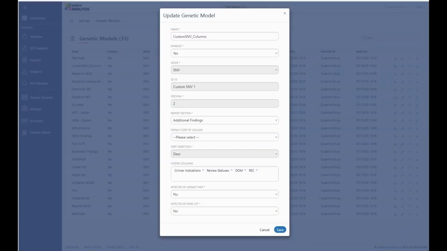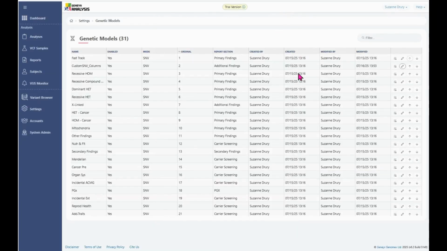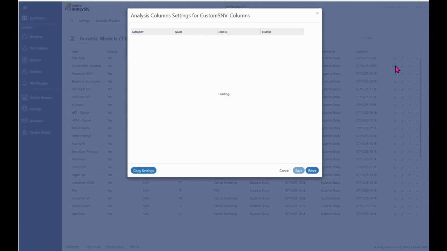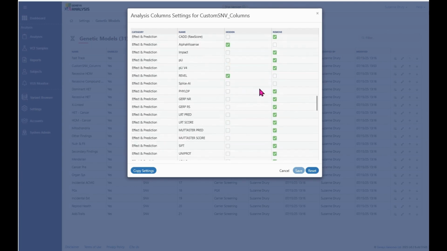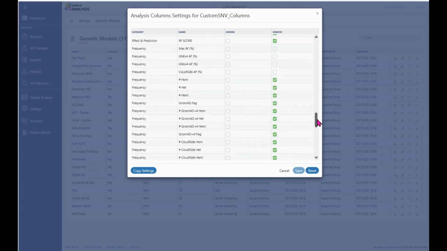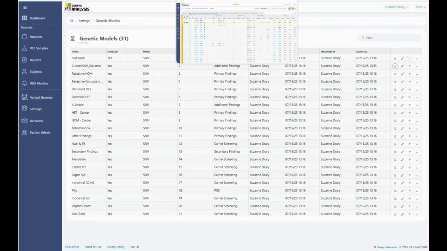The other feature that we have introduced at the genetic model level is the ability to customize which columns you are seeing when you open a case, or we've also introduced the ability to remove columns entirely. So again, we're going to look at an example as to what this looks like on an analysis level. But here you'll see I've disabled a number of effect and prediction scores. And so if we go back to